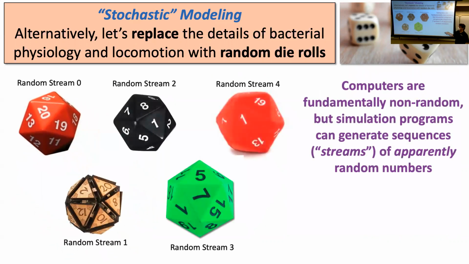And so I've mentioned that in every computer, there are these things called random number streams. And they're just mathematical formulas. So there's a formula for stream 0, a formula for stream 1, 2, 3, or whatever. And when you run a simulation, you can tell the computer which stream to use for that simulation. And the idea here is I could say, I'm going to run the simulation using random stream 0.